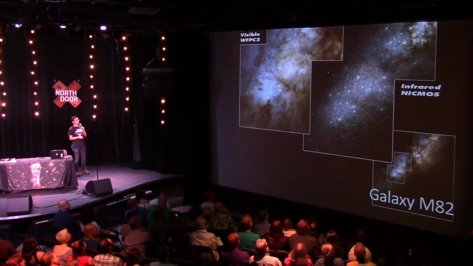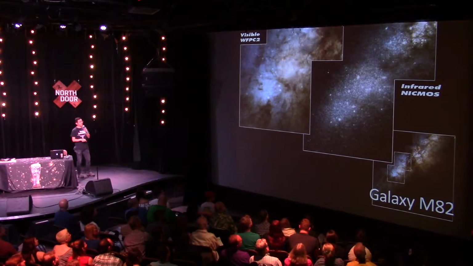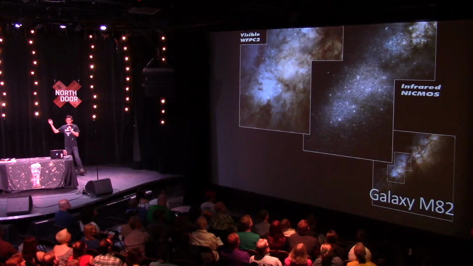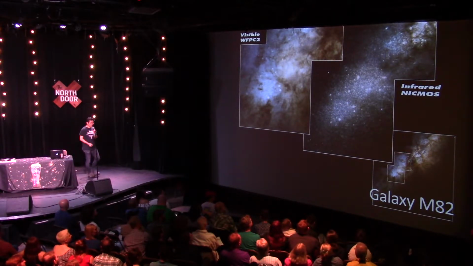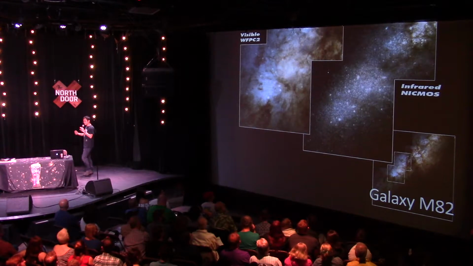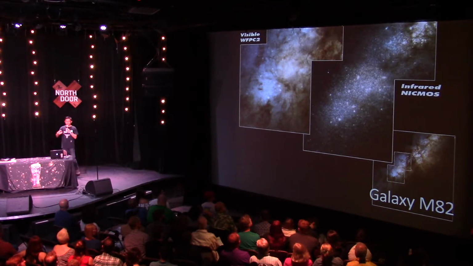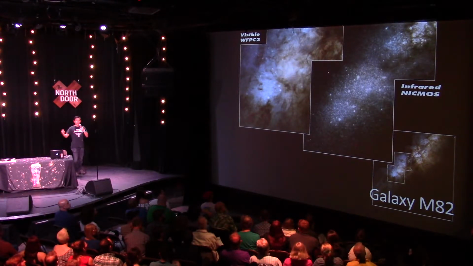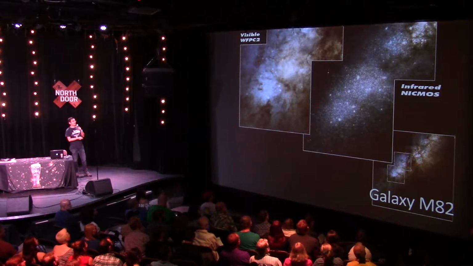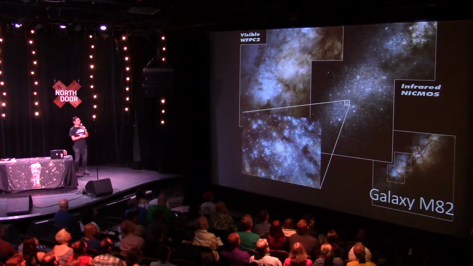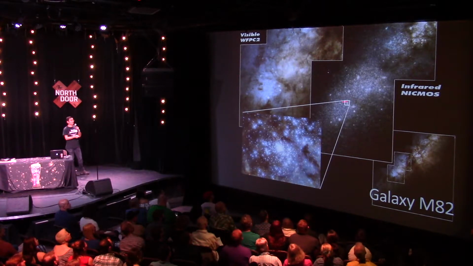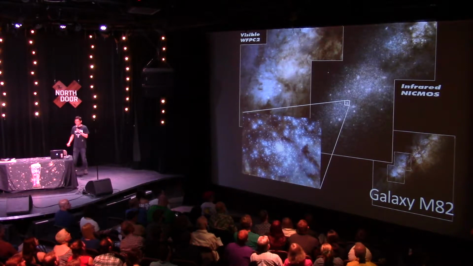And I would want you to focus on the middle panel, because every single white dot here is a superstar cluster. So as you can imagine, hundreds of millions of years ago, two galaxies merged, went across each other, and then that compression of gas made a lot of superstar clusters right here. So every single white dot, you can imagine, is a superstar cluster.